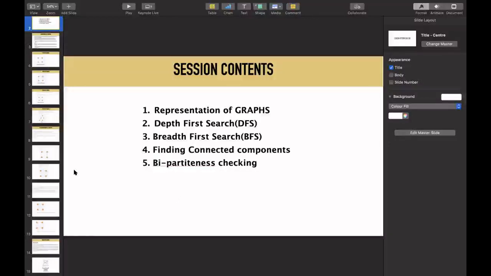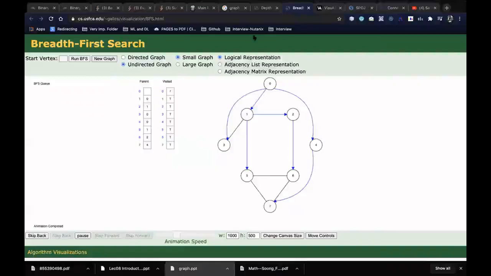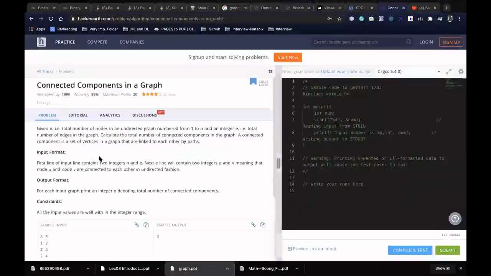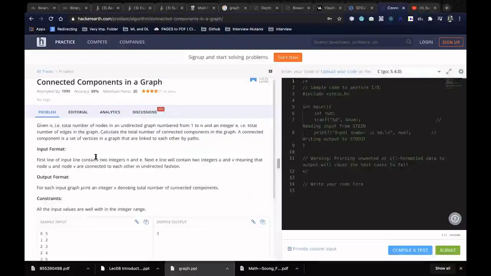So I'll pick a question and then start solving it. It says that I'm given n, the total number of nodes in an undirected graph numbered from 1 to n, and an integer e, the total number of edges in the graph, and I have to calculate the total number of connected components in the graph.